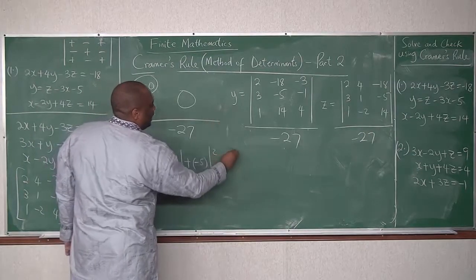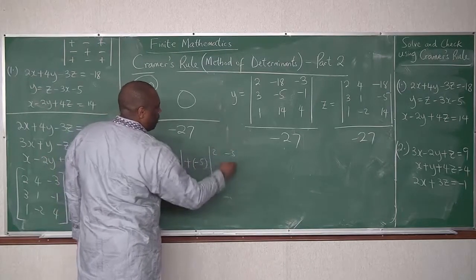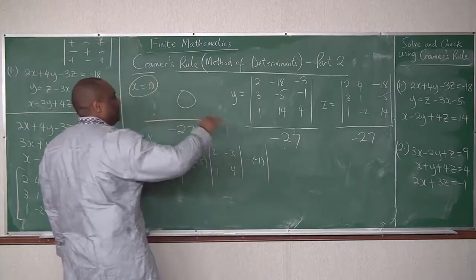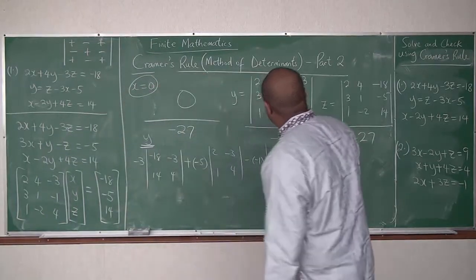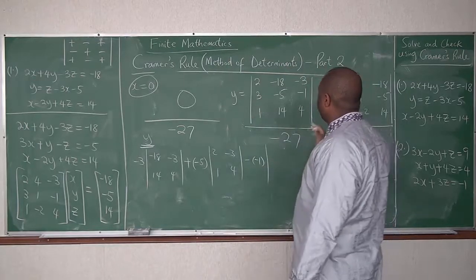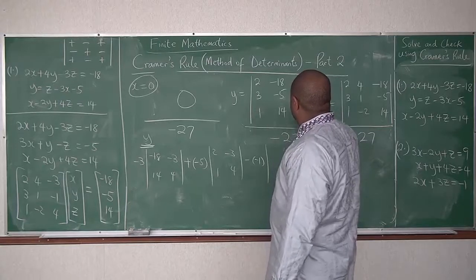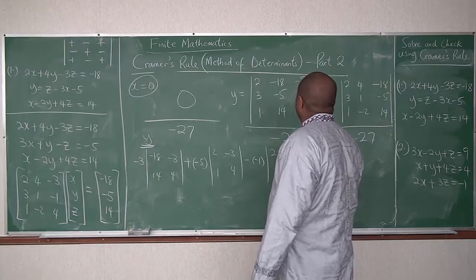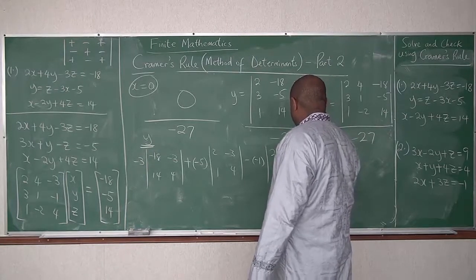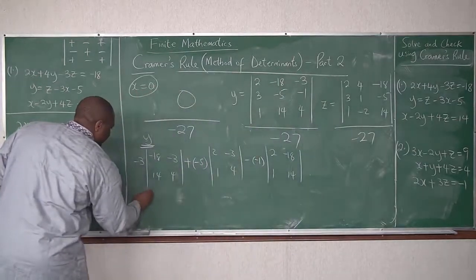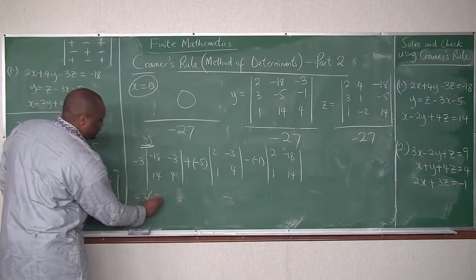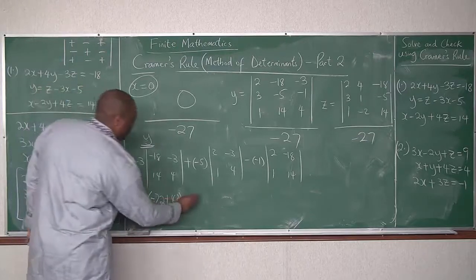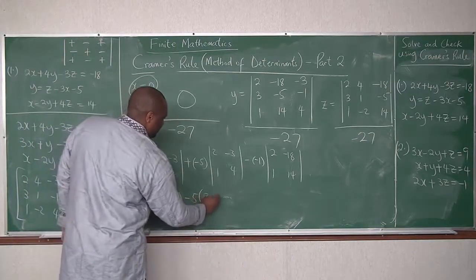2 minus 3, 1, 4, then minus 1 determinant. Let me check this again: 2 minus 3, 1, 4, then minus 1 determinant, 2 minus 18, 1, 14. So this will be minus 3, this is a minus 72, plus 42, then minus 5, this is 8 plus 3,